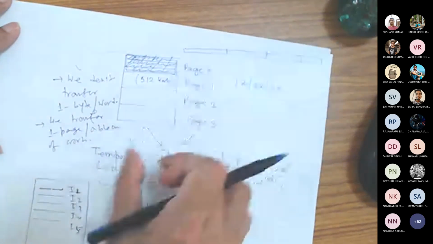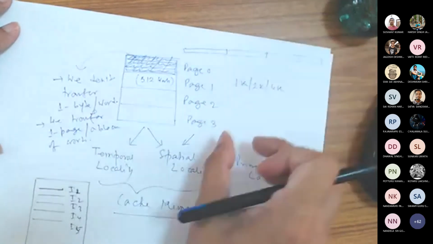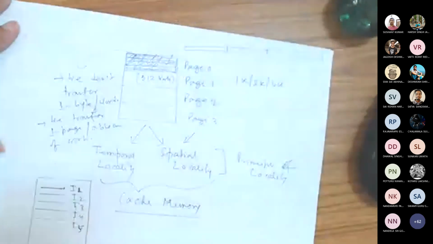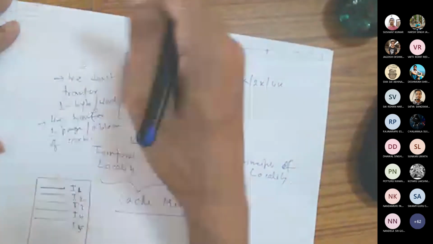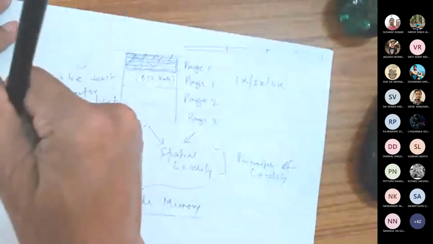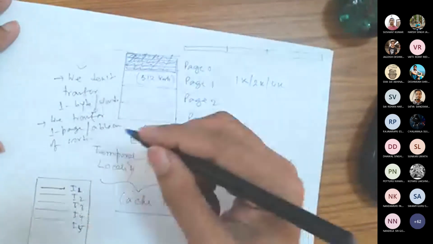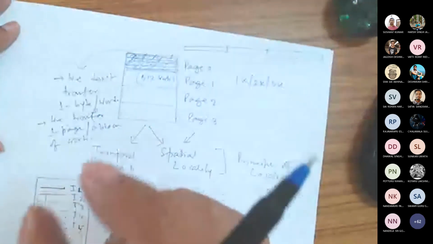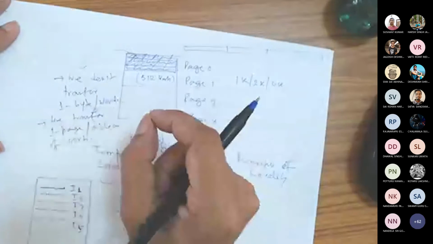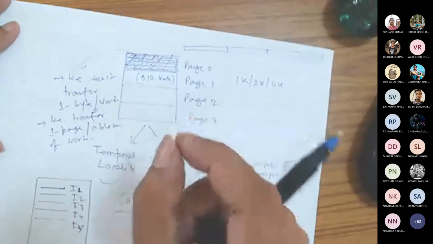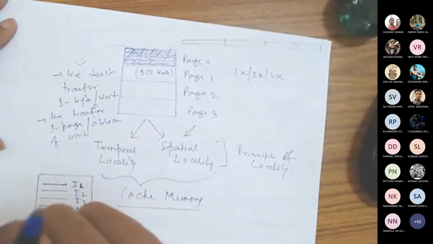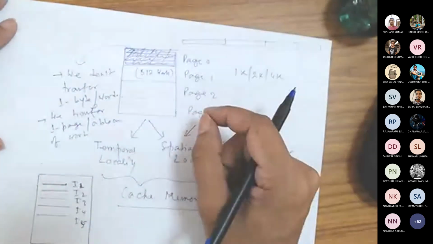The column will select this one first, then this one, then this one, then this one. And this makes the entire transfer fast. You do not do the row decoding in consecutive cycles. You do row decoding only once, and only do column decodings in consecutive cycles. Thus, a block of data can be transferred at a much faster rate than can be achieved for transfer involving random addresses. In the case of random access, every time the address is changing.